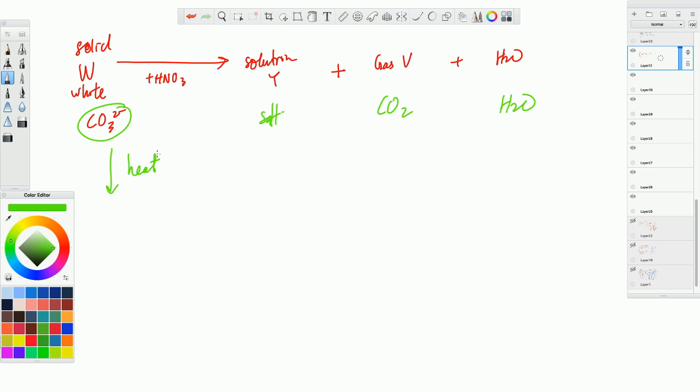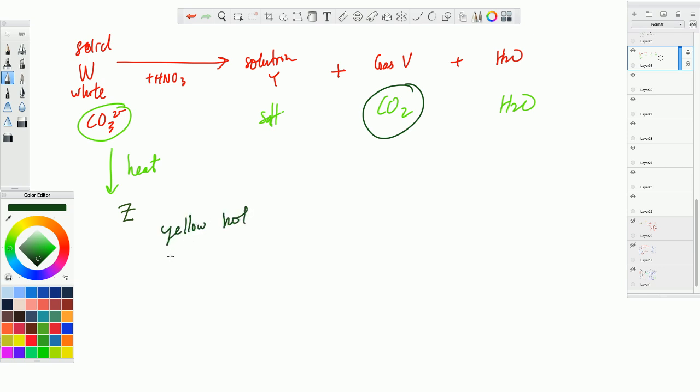It breaks apart to form, okay, this is simple, yellow when hot. So carbonate becomes an oxide. Whatever you heat up, it becomes an oxide. So something carbonate becomes something oxide. So Z is something oxide. And this oxide also releases gas V. So again, gas V is carbon dioxide. So yellow when hot